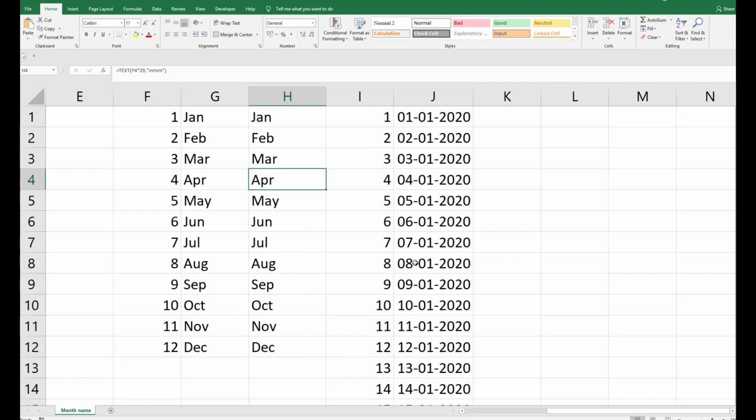The reason for discussing this example is, if there is a data set with all months, we should be in a position to extract a specific month report or write a formula to target a particular month. I hope you have understood the concept.